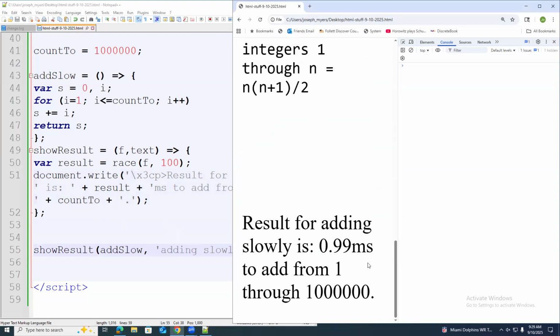Okay, so it only took 0.99 milliseconds to add the numbers from 1 through 1,000,000. So how does that sound? Does that sound good or bad? Pretty fast, right? Because a computer can do, I don't know exactly what processing speed this computer has, but it has a processor in it that can run like 2 billion calculations per second, right? So adding 1,000,000 numbers is really easy for it. In fact, it could add 1,000,000 numbers more than 1,000 times in just 1 second.